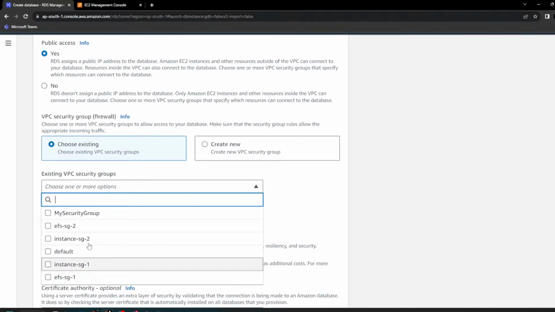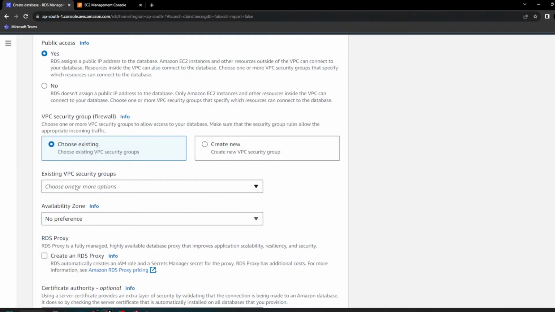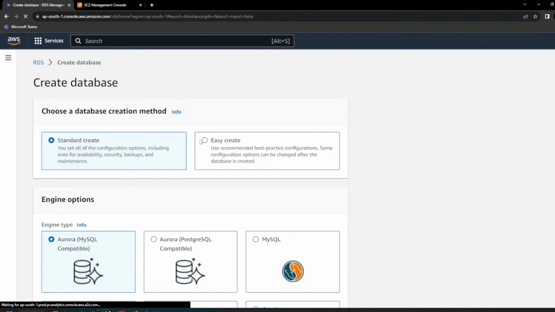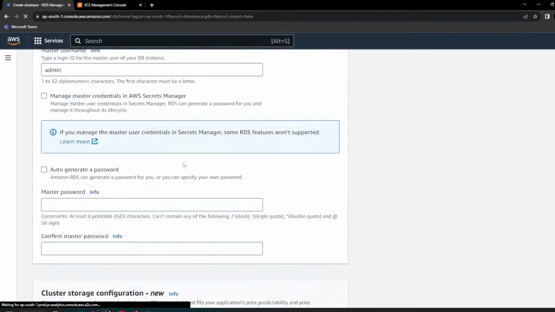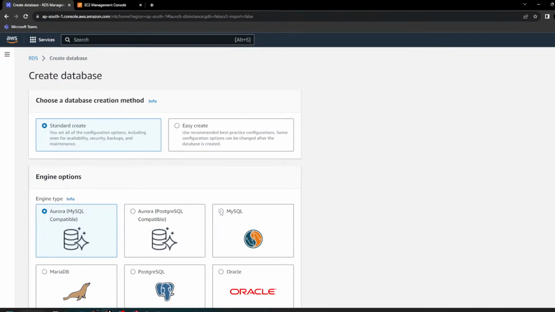Now if you are able to find your security group right now, so I have created my DB security group which is not here. I have to refresh the page again. There is no refresh option here, so I have to refresh the whole page, and I have to start again. Okay, my secure MySQL database,